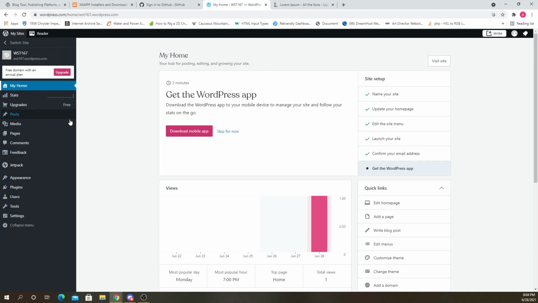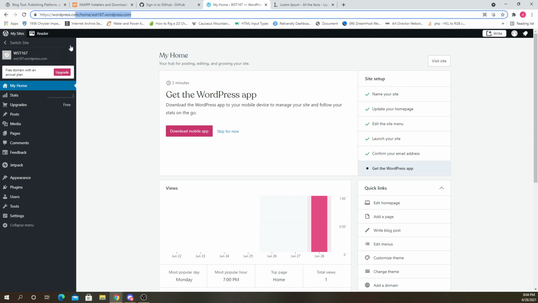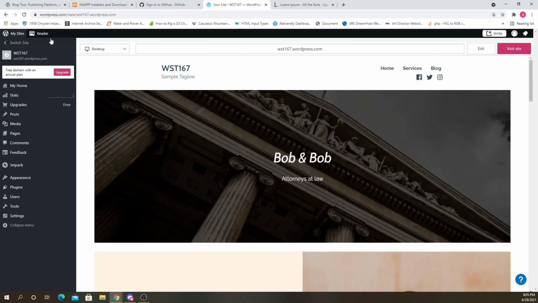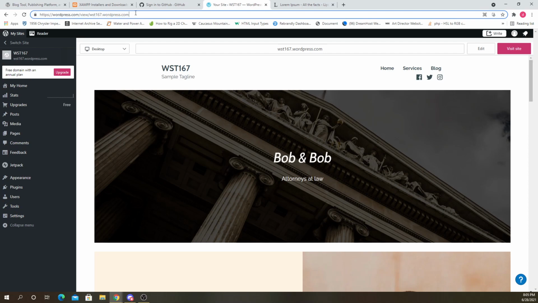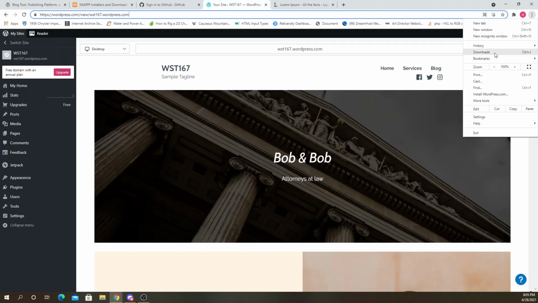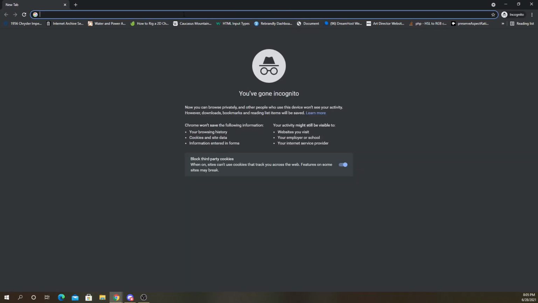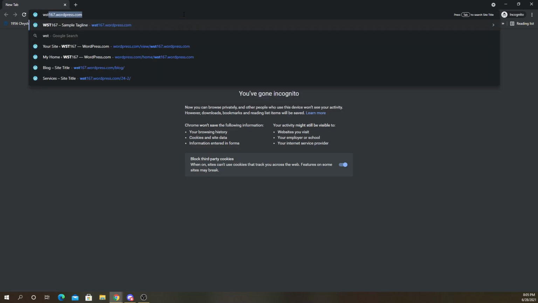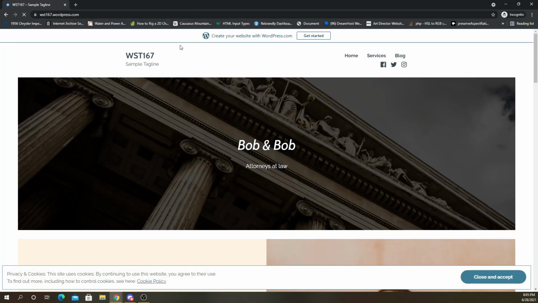So the other one thing that I wanted to do is figure out how to change the URL, what it says when you visit a page. Okay, so let me open another incognito tab so it doesn't have us logged in, and enter this address again.